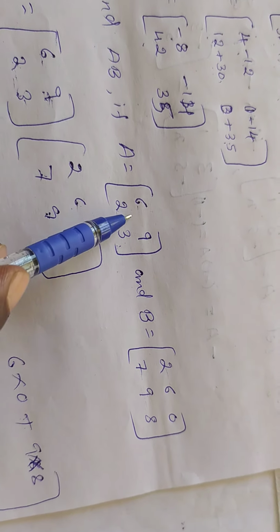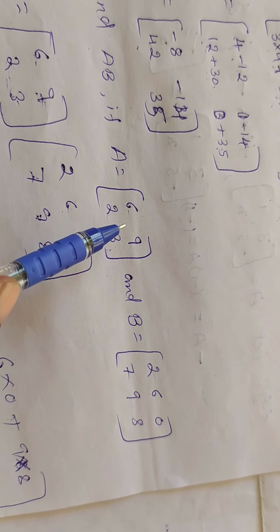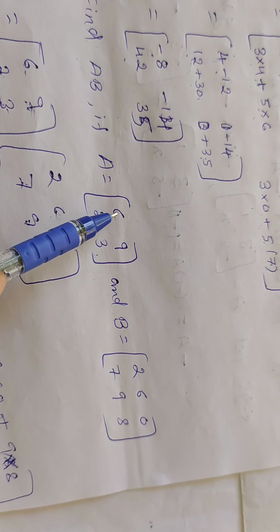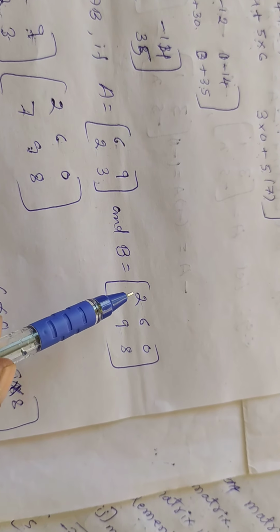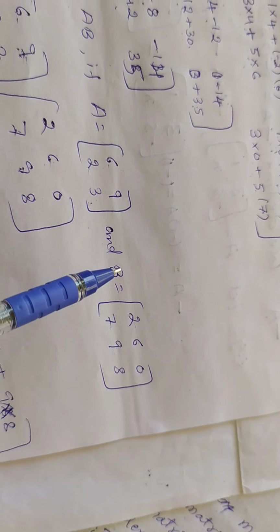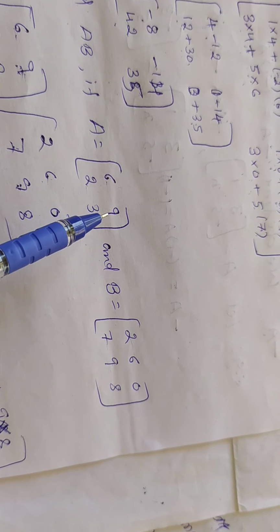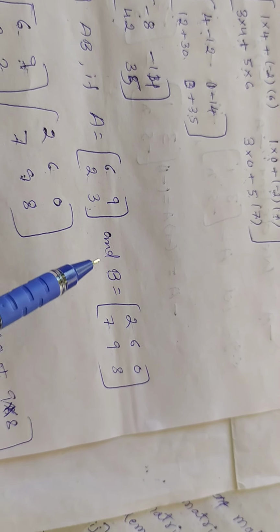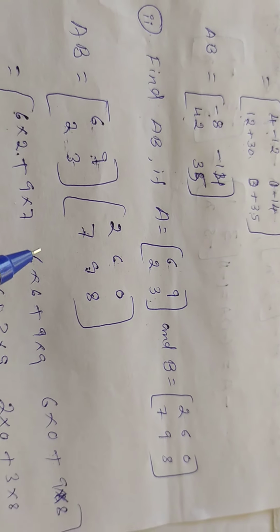And see here, these are not square matrices. Hence, we have to observe the condition. The number of columns of matrix A, there are 2 columns, and the number of rows of matrix B, 1 2. Yes, these two matrices obey the condition for the product of matrices. Hence, the number of columns of matrix A is equal to the number of rows of matrix B. Then we can proceed to find the product of the matrix.